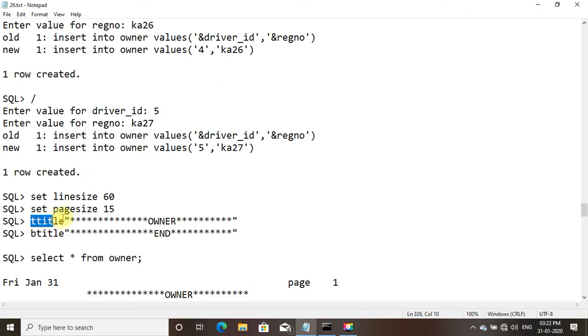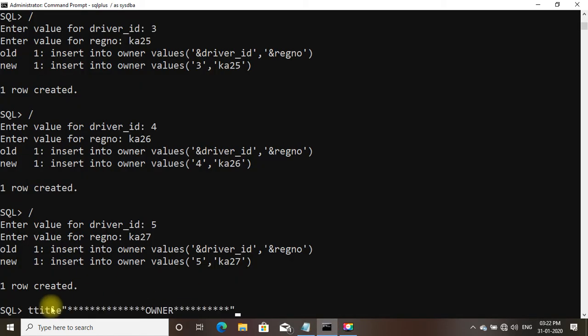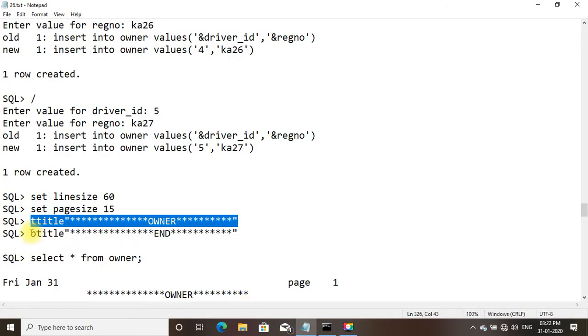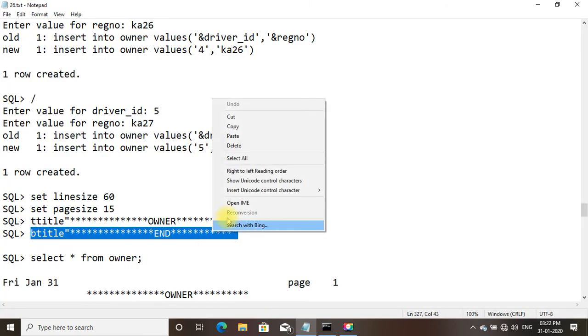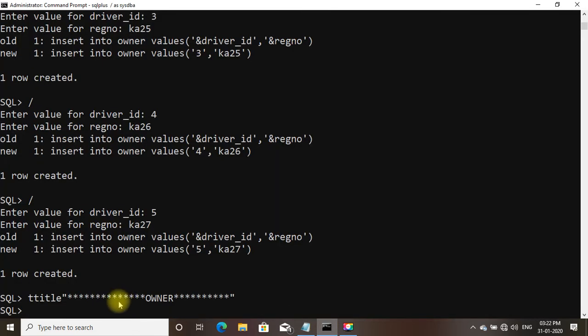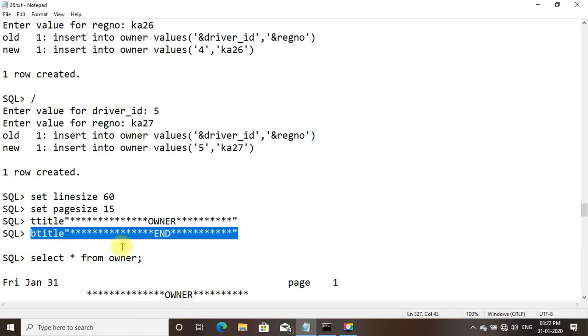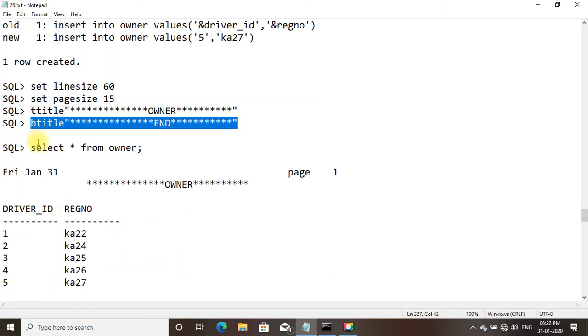So we need to put the top title as owner, and bottom title as end. Now we need to display the contents of the owner.